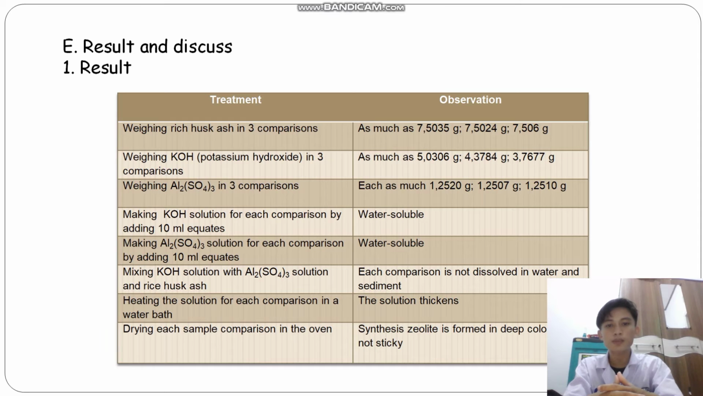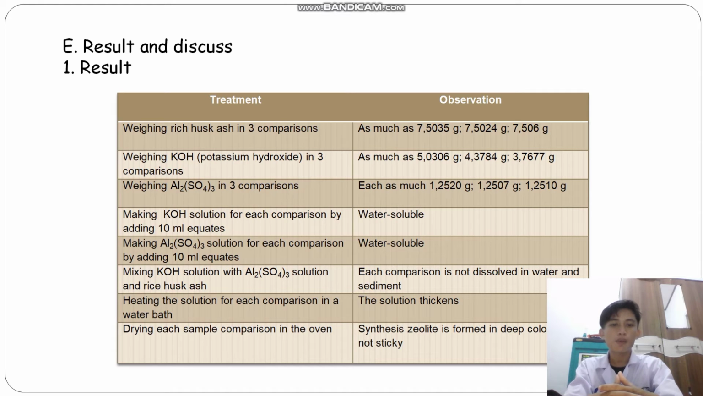The observation: as much as 3.06 grams, 3.784 grams, 7.670 grams. Weighing aluminum sulfate in the 3 compressions, each as much as 1,